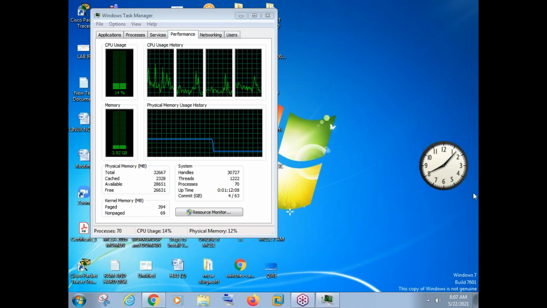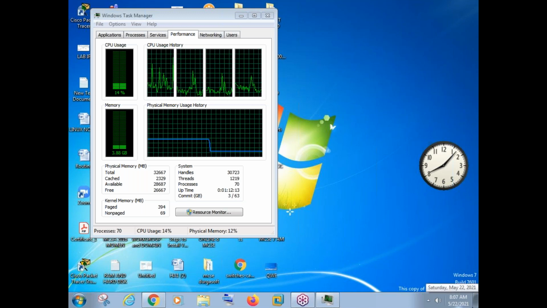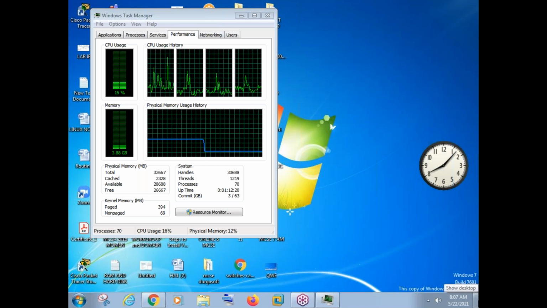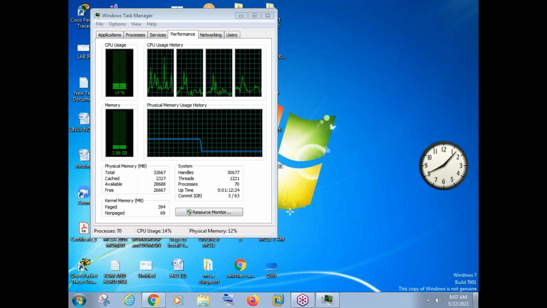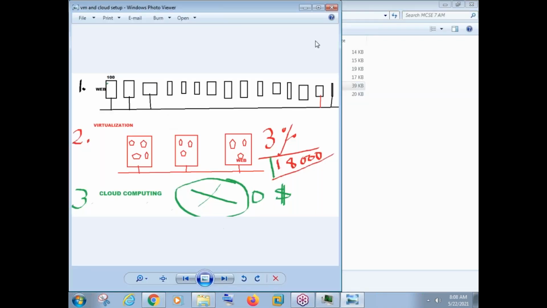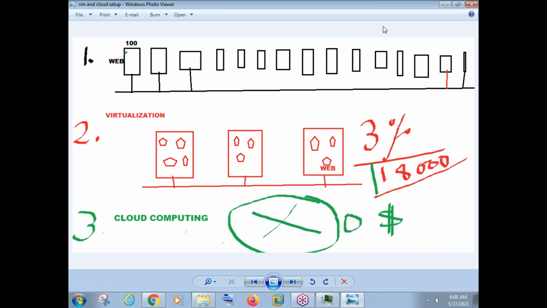Okay guys, so like this we can create the virtual machine and do the installation. I repeat again, once we start the installation process, whatever we do will be the same on this virtual machine, or on a physical machine, or somewhere on a cloud. So whatever we do from today will be the same anywhere, whether a physical setup, a virtual setup, or a setup over the cloud. In all these three setups, it will be completely the same.